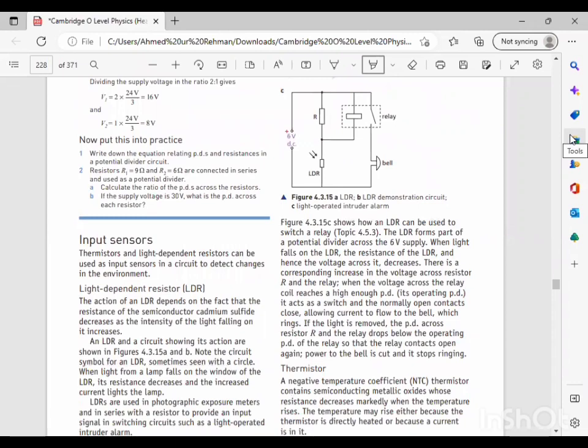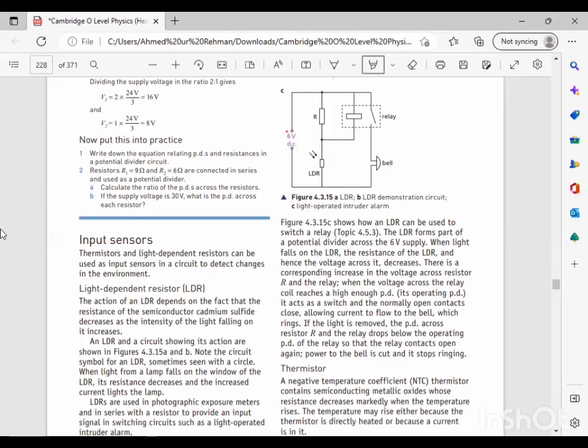Figure 4.13.15c shows how an LDR can be used to switch a relay. And we know what the relay does: it uses a small current to operate a larger current. The LDR forms part of a potential divider across the 6-volt supply. We have two resistors lined up, so we have a potential divider. When light falls on the LDR, the resistance of the LDR, and hence the voltage across it, decreases. There is a corresponding increase in the voltage across resistor R and the relay. And when the voltage across the relay coil is a high enough potential difference,